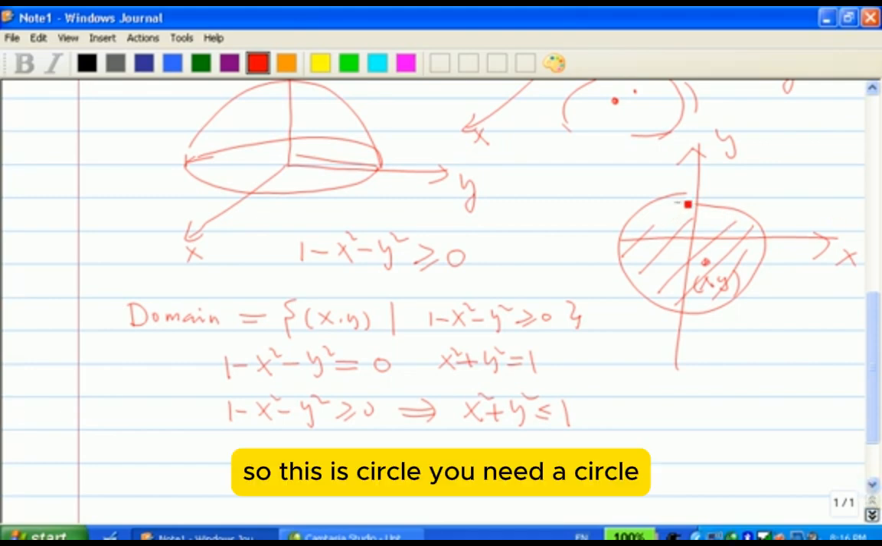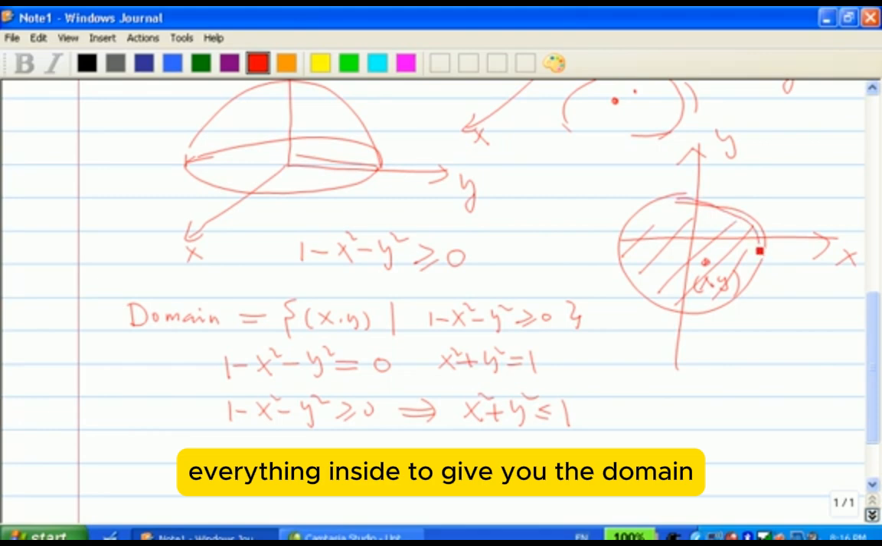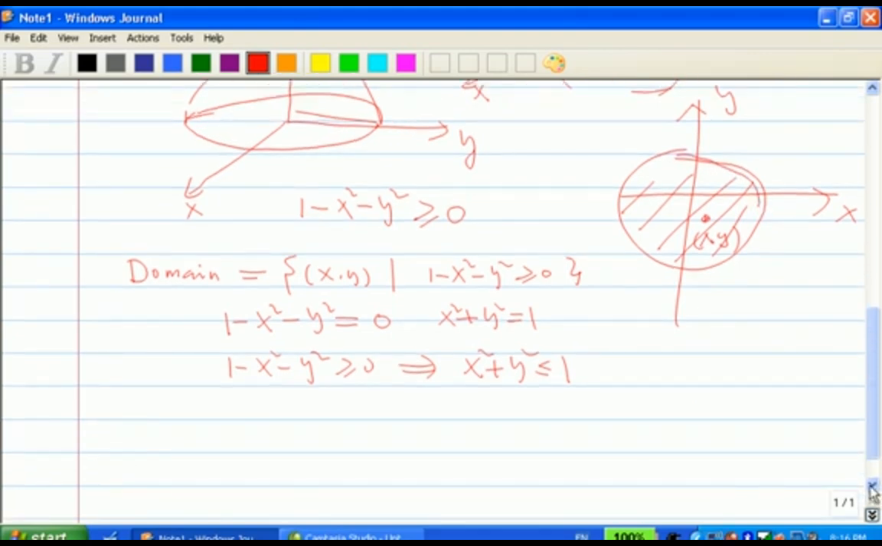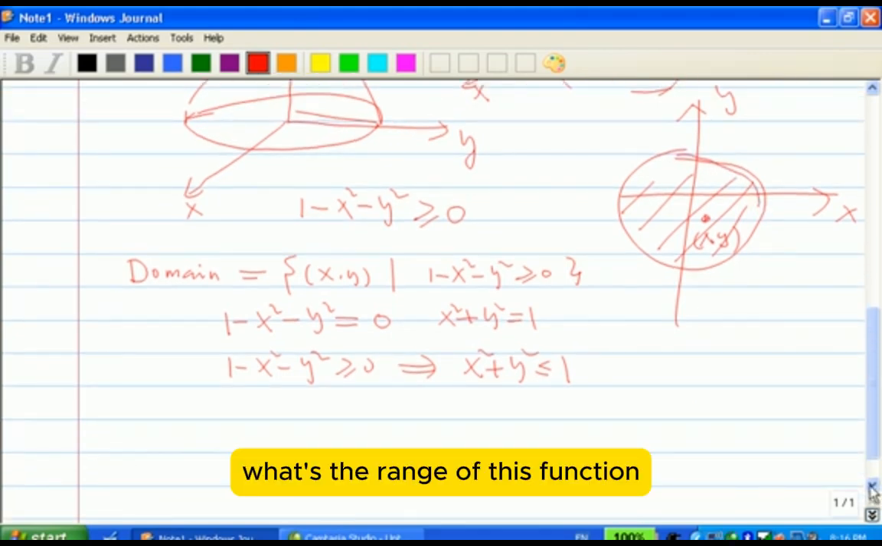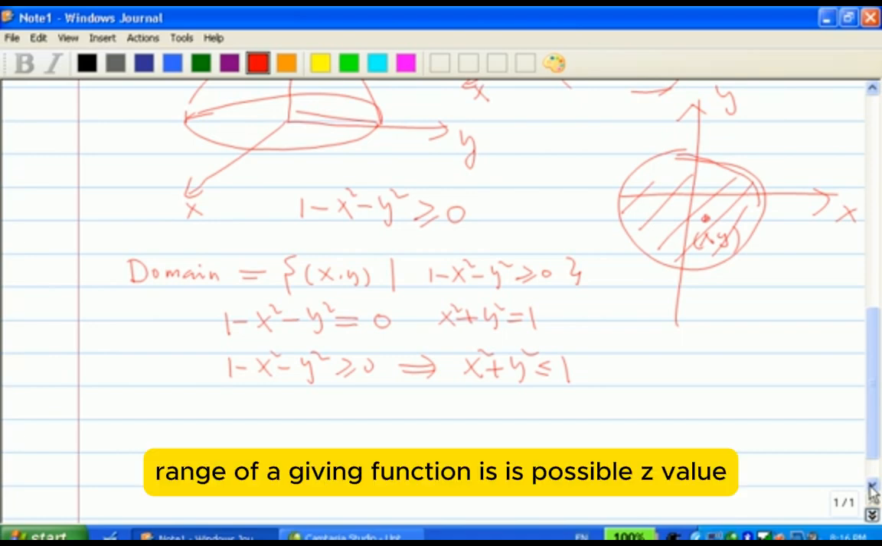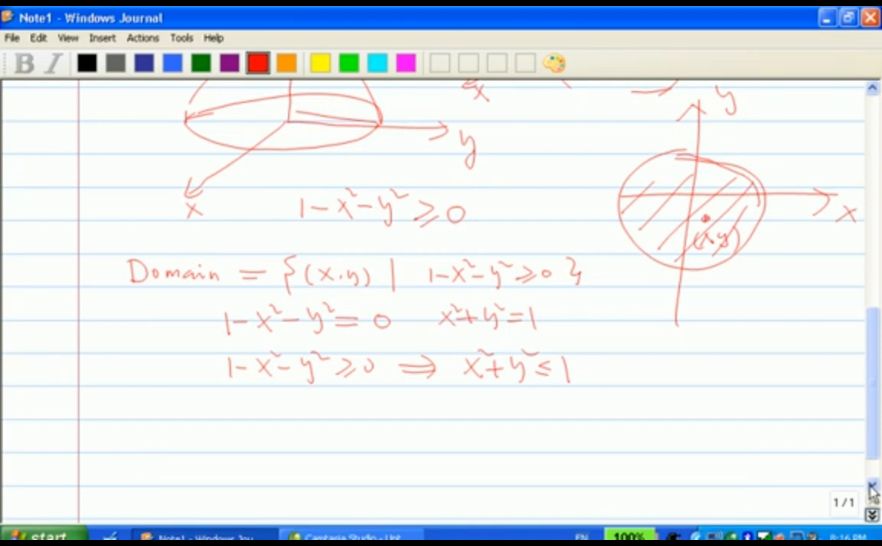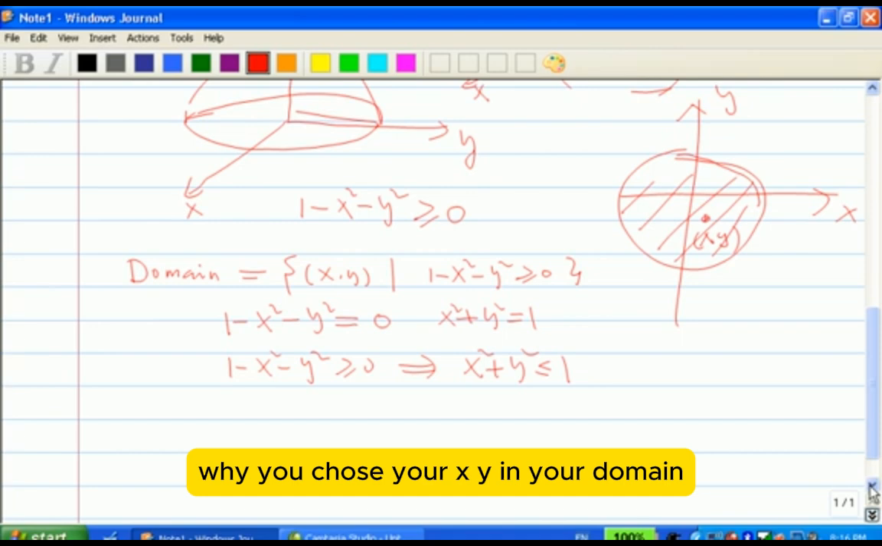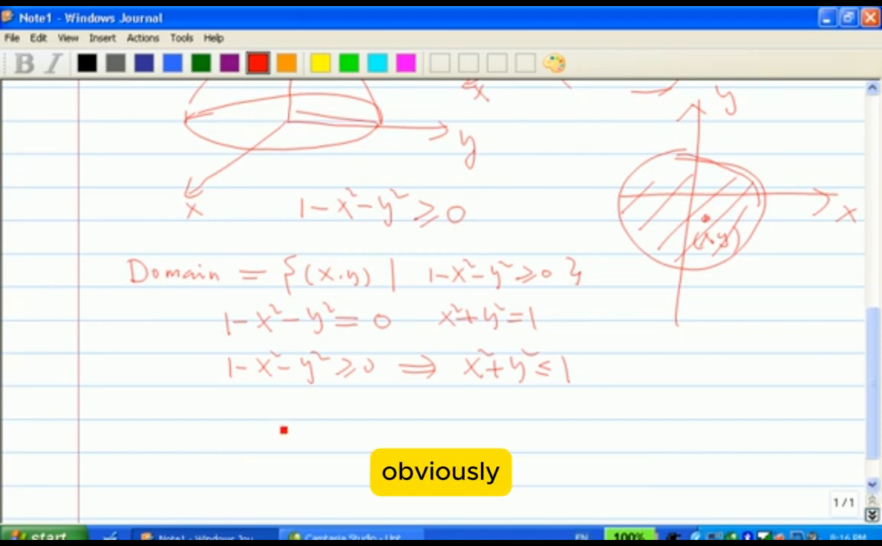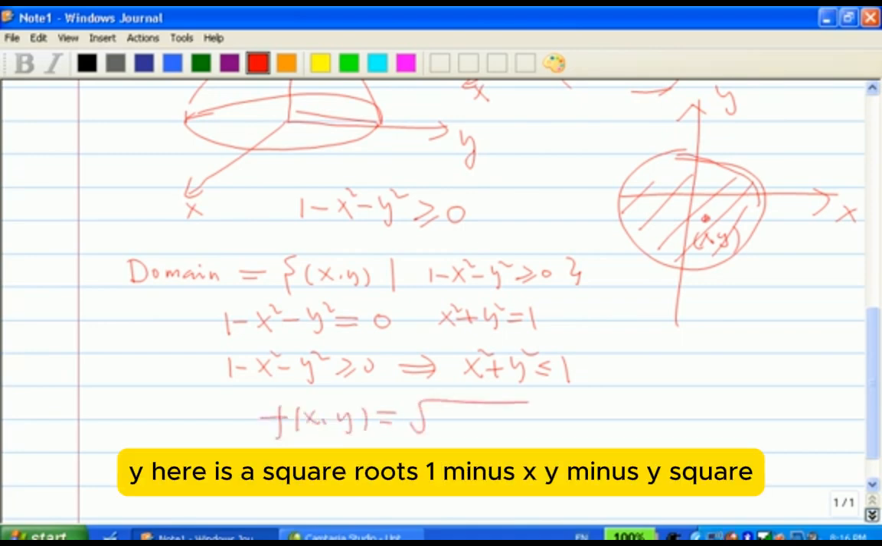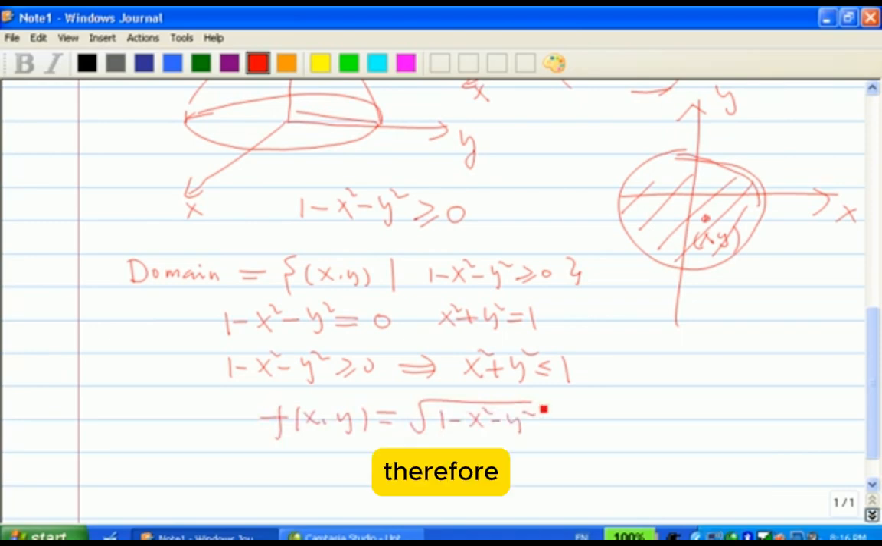So this circle, the unit circle, everything inside gives you the domain. Okay. What's the range of this function? The range of a given function is the possible z values. When you choose your x, y in your domain, what is the possible f(x,y) value? Obviously, since my f(x,y) here is the square root of 1 minus x squared minus y squared, therefore